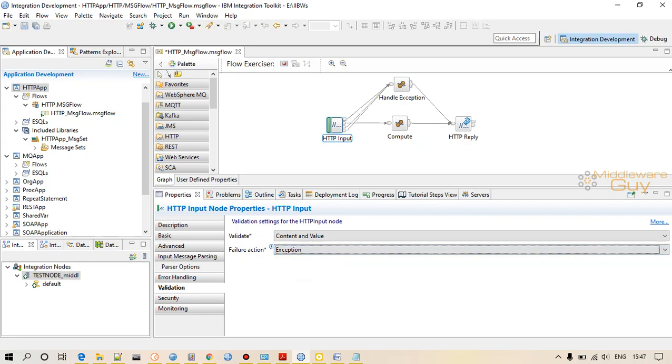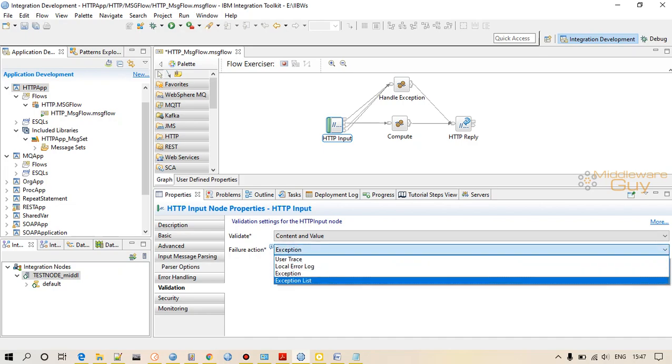Before that, if we want to validate our input message, which is received by my particular message flow, first we'll have to create a message set. In that message set, we'll create or import a message definition file, right? That defines my input message, and my input message should comply with the message definition that we provided. If it is not complying, then validation failure will occur. I've already done this, so I'll just explain the difference between all these four values. So let's get started.